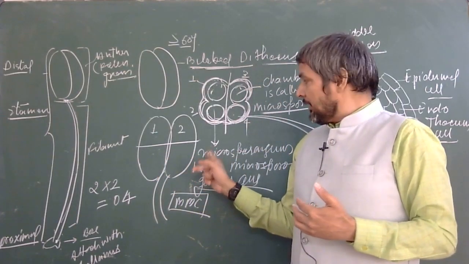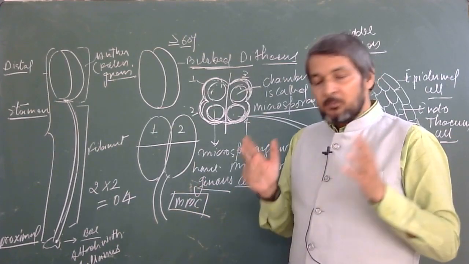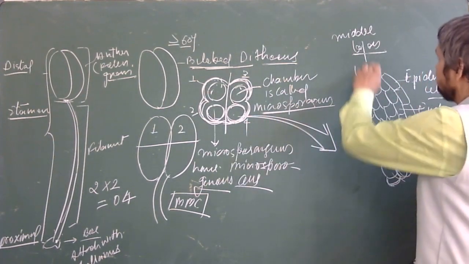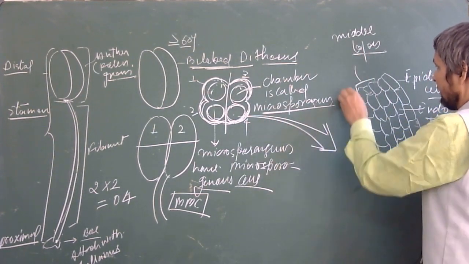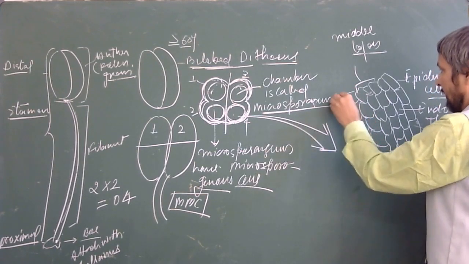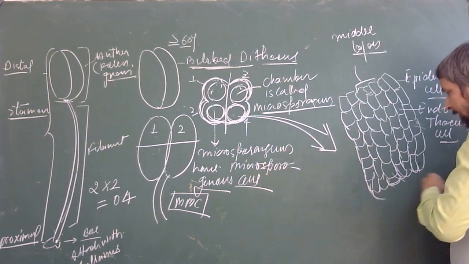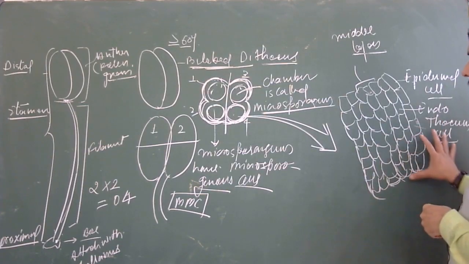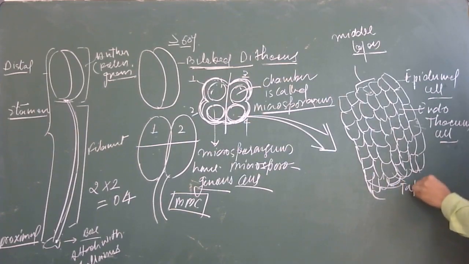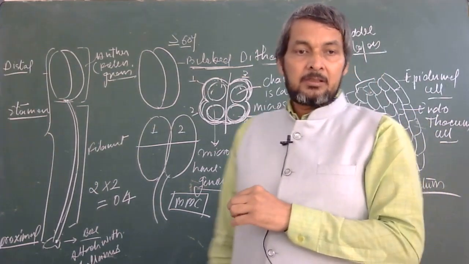The mature microsporangium is also known as the pollen sac. So you remember, the pollen sac is the mature microsporangium. And below the middle layer, there are 2-3 layers of tapetum cells. This is how you remember the different types of tissues and cells found in the microsporangium. The tapetum cells provide nourishment to the developing microspores.